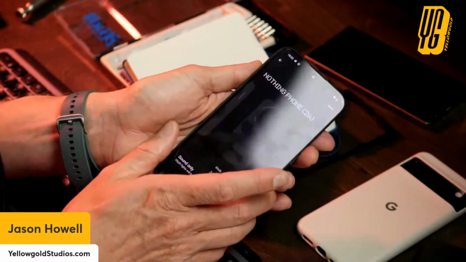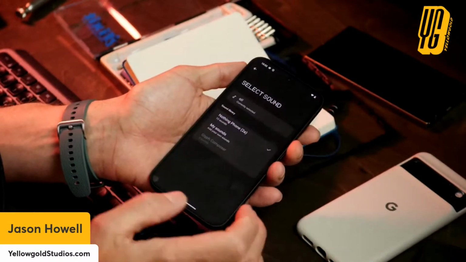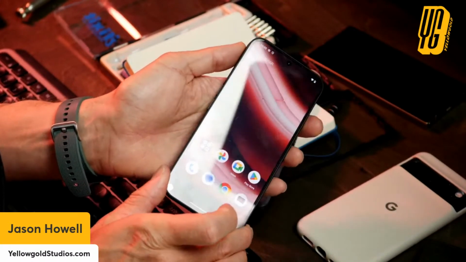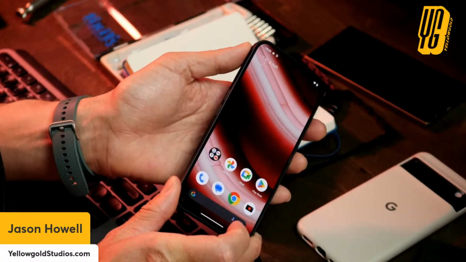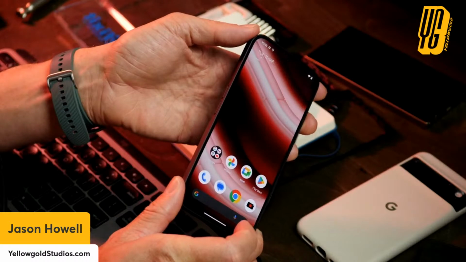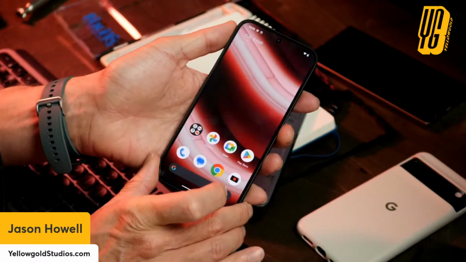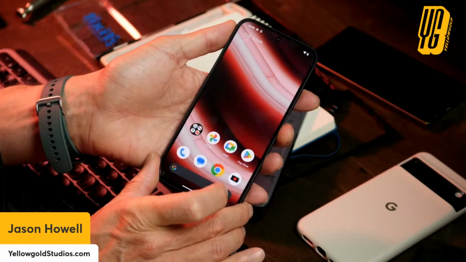Kind of feels like a toy, to be honest, but it's neat, right? It's a differentiator. There aren't many $350 phones out there that do that. In fact, I can't think of any. And that's, I think, the point, is that nothing really wanted to, as Carl Pei has said,